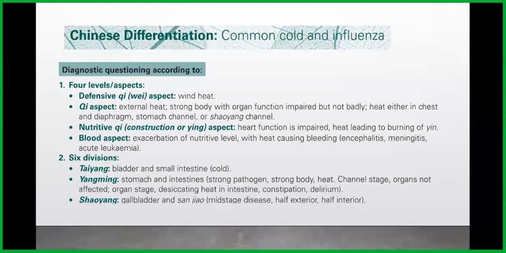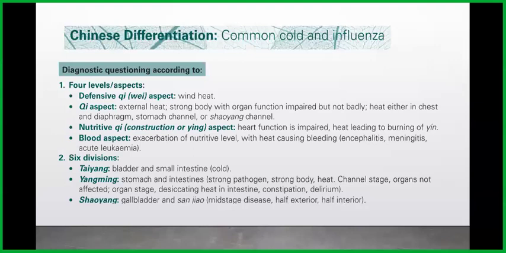Then there's the Qi aspect, external heat, strong body with organ function impaired but not badly. Heat is either in the chest and diaphragm, stomach channel, or Shaoyang channel. Then next is the nutritive Qi or construction or Yin aspect, where the heart function is impaired, with heat leading to burning of Yin. And then there's the blood aspect, where there's exacerbation of the nutritive level, with heat causing bleeding like encephalitis, meningitis, and acute